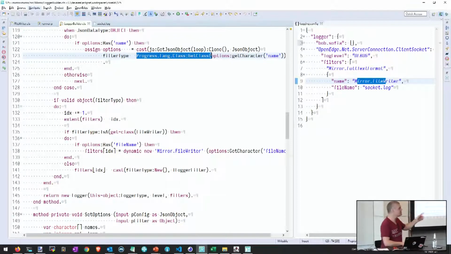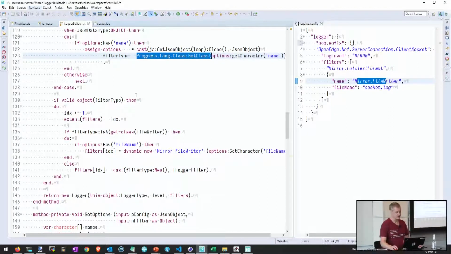I would only use this getClass method for stuff like we're doing here. If you're writing code and you're trying to find class names, ProgressLangClass instances, and you put a quoted variable in there of a class that you know exists in your PROPATH, I will hunt you down and beat you with a wet noodle. You shouldn't be doing that. You should be using the GET-CLASS function, which is strongly typed, and it will save your life because you won't break at runtime, you'll break at compile time.